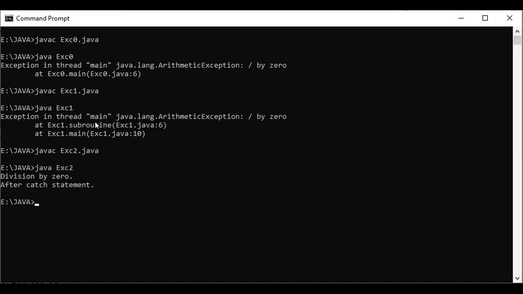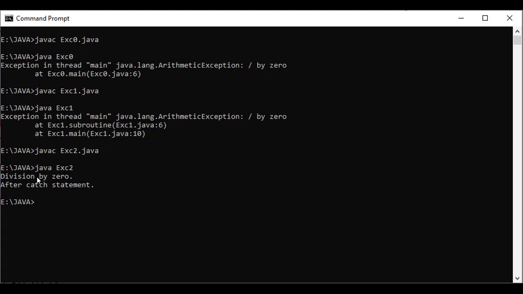In the previous case, it generated an exception like this, right? But here the exception is not handled by the default handler. We have our own handler to handle the exception. So the exception generated by the try block is caught by the catch block and it displays the statement, right? This is the mechanism designed in Java using try and catch blocks.